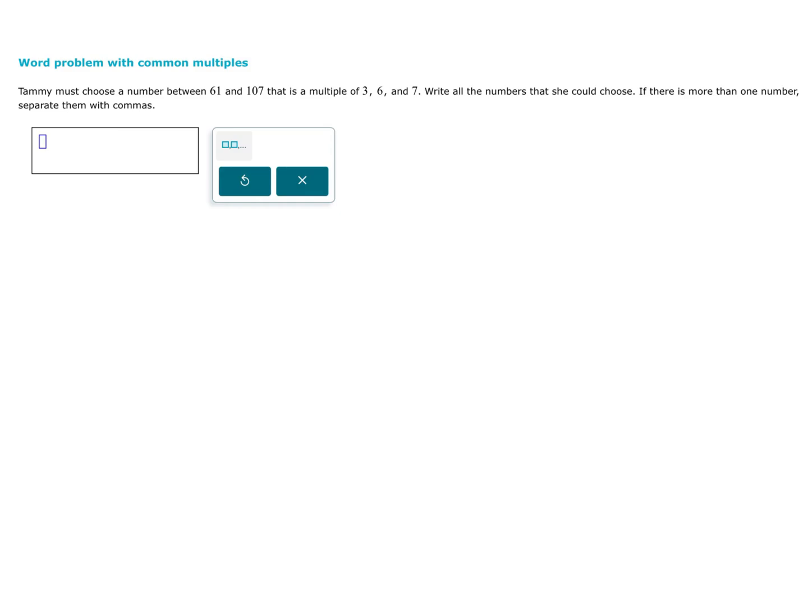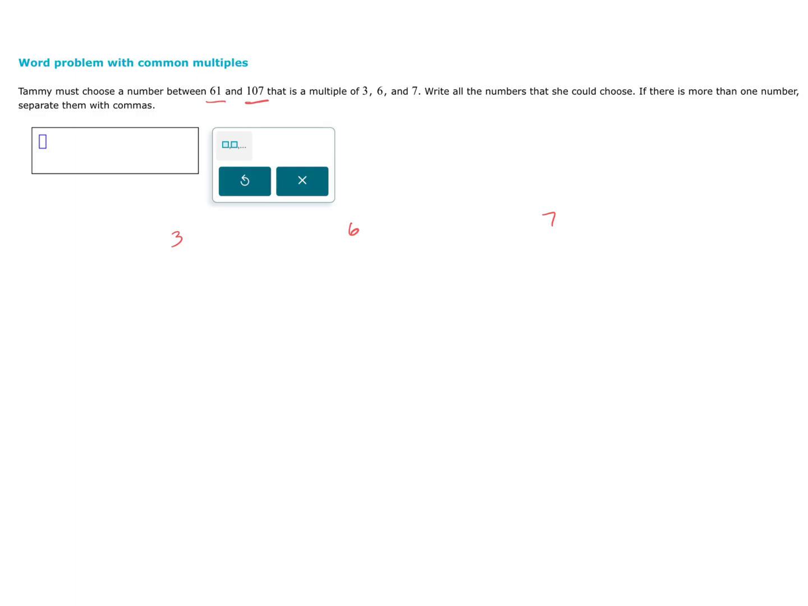These are some word problems with common multiples. Our first example says Tammy must choose a number between 61 and 107 that is a multiple of 3, 6, and 7. Write all the numbers that she could choose. If there is more than one number, we'll enter them using commas. So basically, we need to look at 3, 6, and 7, and list all those common multiples that fall between 61